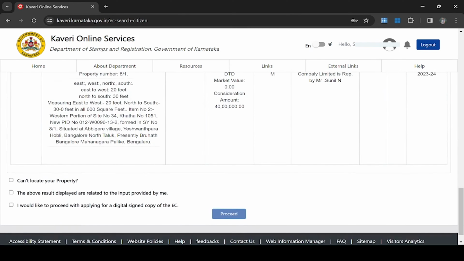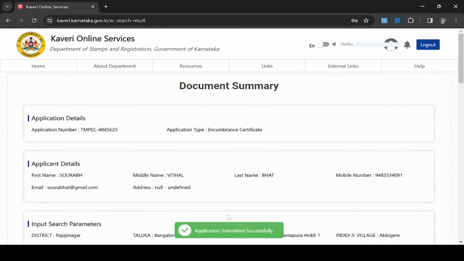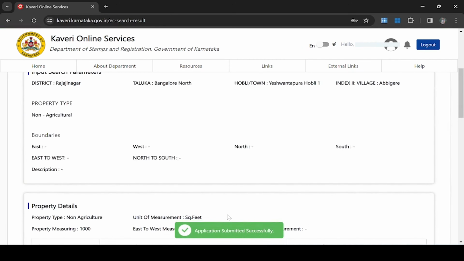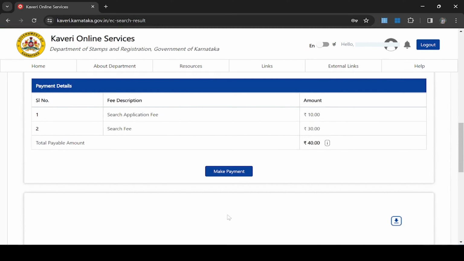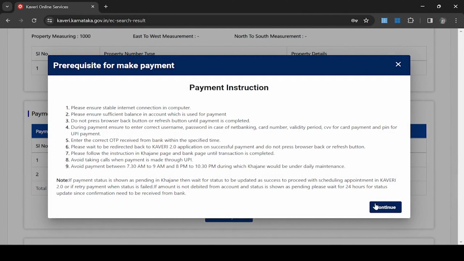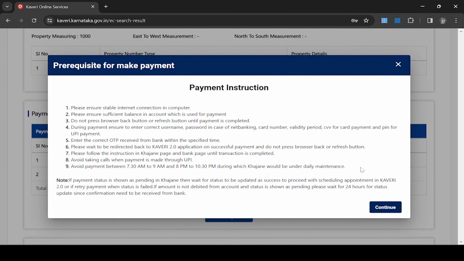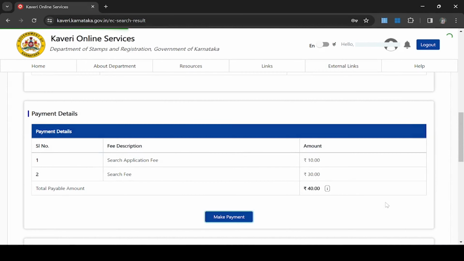If you think that you want a signed copy of the EC, you can just click here, checkbox these two, and then hit proceed. And then the application form gets successfully submitted. And then what you'll have to do is you can just hit make payment, and here you can read all of these details, right? Like I already pointed out, this particular time frame wherein it goes into maintenance, hence it's not recommended. So I can just hit continue,